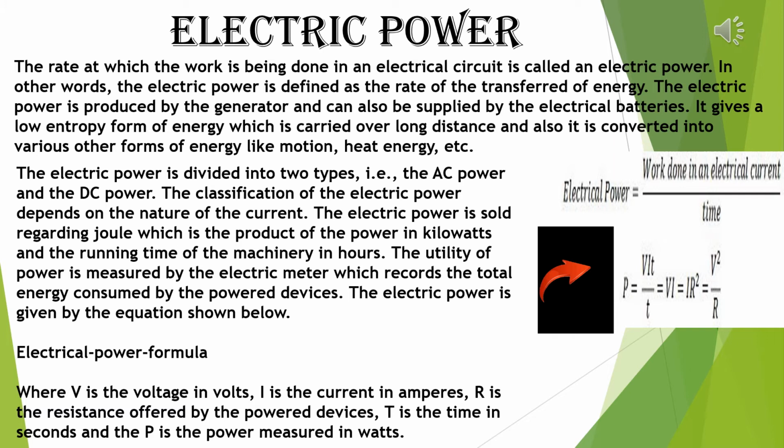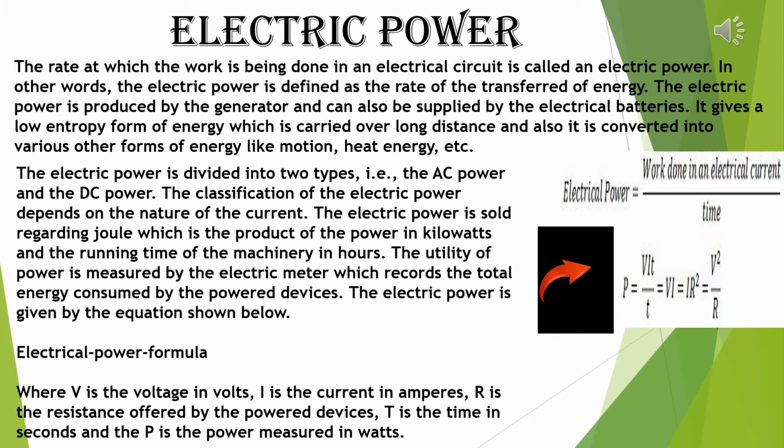You see, from your book I am explaining now. Electric power is the amount of electric energy consumed in a circuit per unit time. So here let W be the electrical energy consumed in a circuit in T seconds. Then the electric power P is given by P is equal to W by T, that is matching with this diagram. Again electric energy W is equal to V into I into T. So therefore P is equal to V into I into T by T. T will be cancelled and it is coming P is equal to V into I.